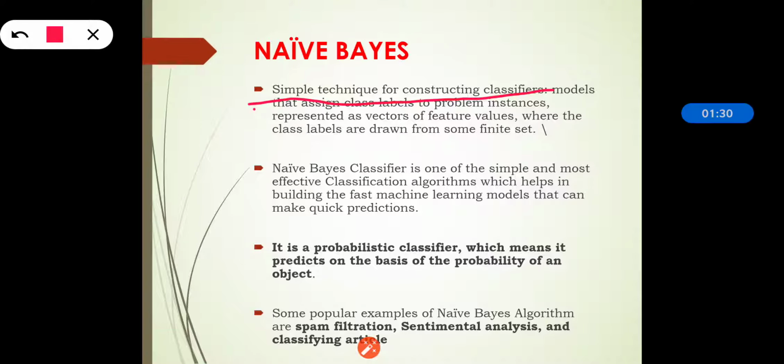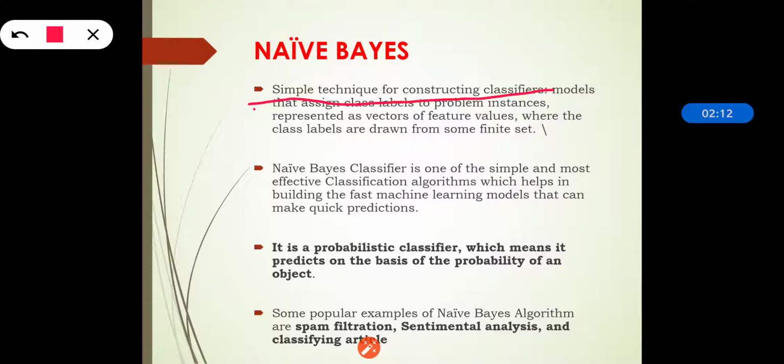So, the Naive Bayes classifier considers each of these features to contribute independently, meaning that this fruit is an apple regardless of the correlations between the color, the roundness and the diameter features. So, that is how the Naive Bayes system works. A classifier sorting fruits into apples and oranges would know that apples are red, round and of certain size, but would not assume all these things at once, because oranges are also round. So for some types of probability models, Naive Bayes classifiers can be trained very effectively.